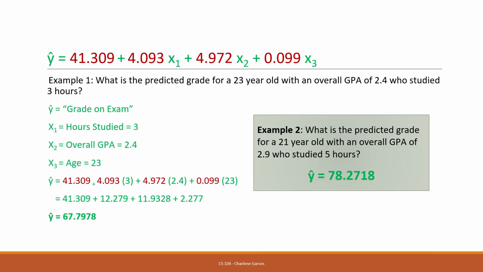What is the predicted grade of a 21-year-old with an overall GPA of 2.9 who studied 5 hours? So what is the given, and how did you come up with the 78.27? This is very easy. The answer is already given to you. I hope you understand